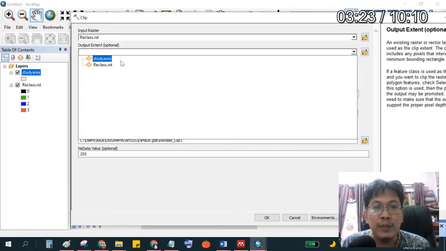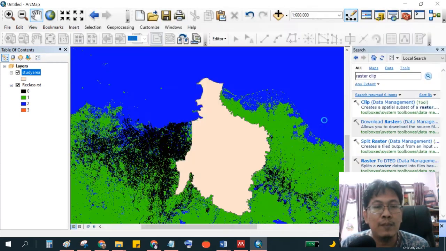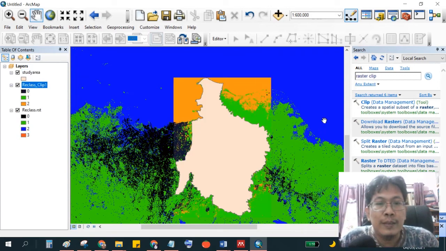So actually we have to reclassify again directly without additional cutting area. Here, for example, there is a new clip area.